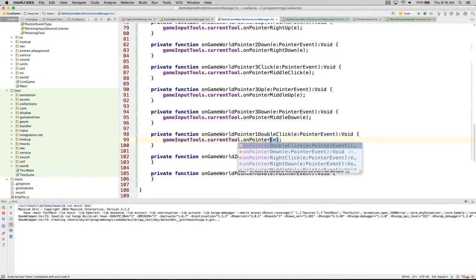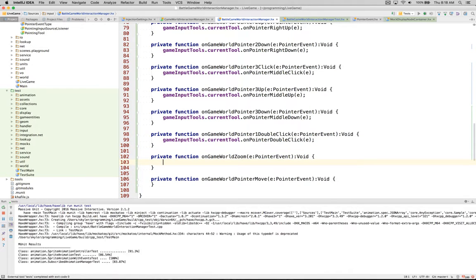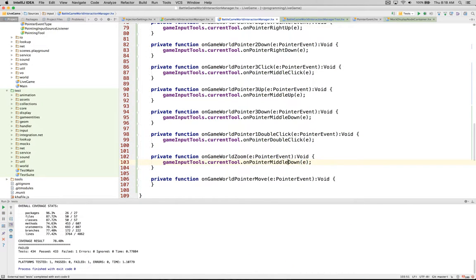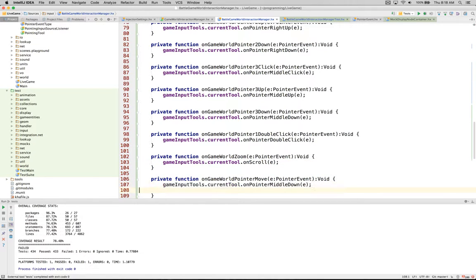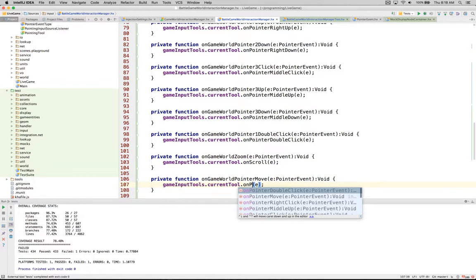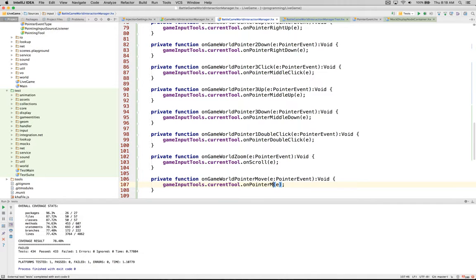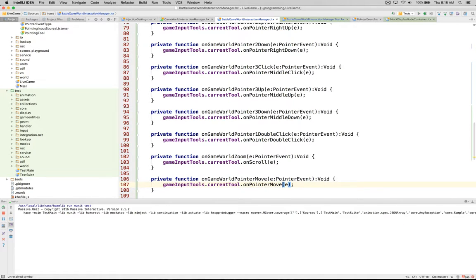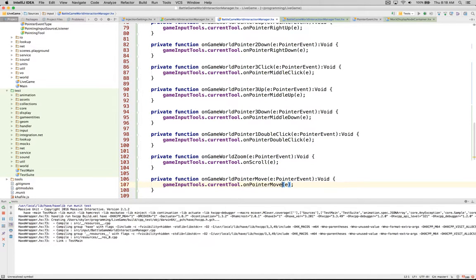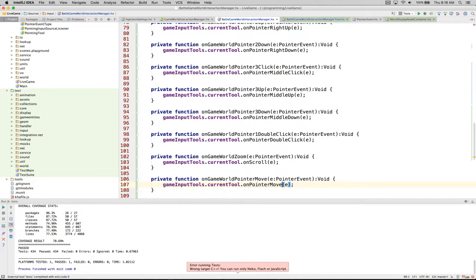On pointer double click. On scroll. On pointer move. Look at that. Passing tests,